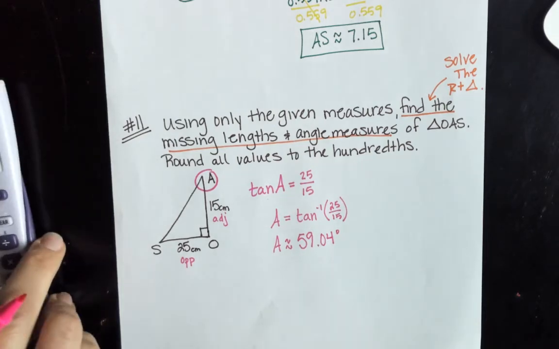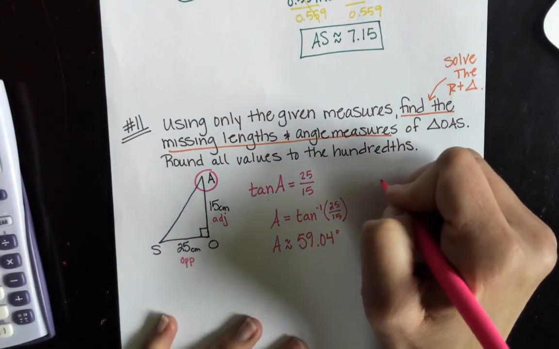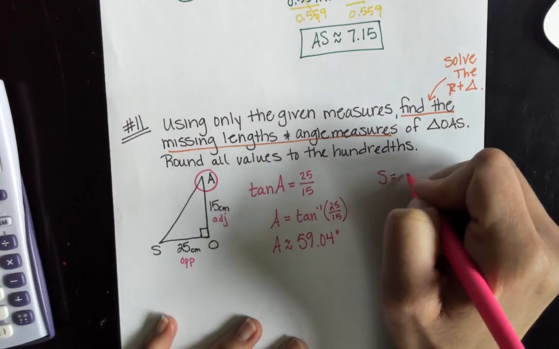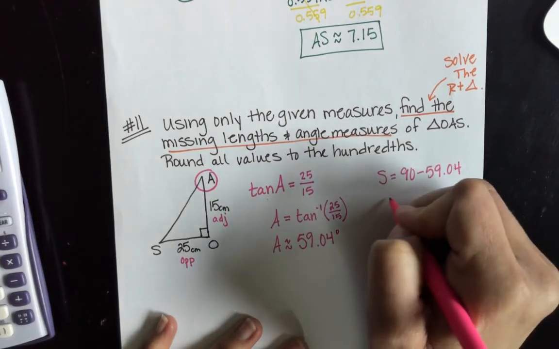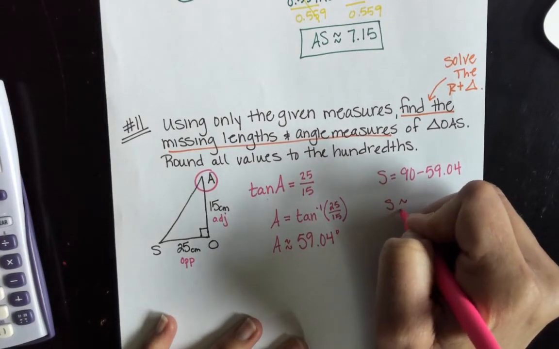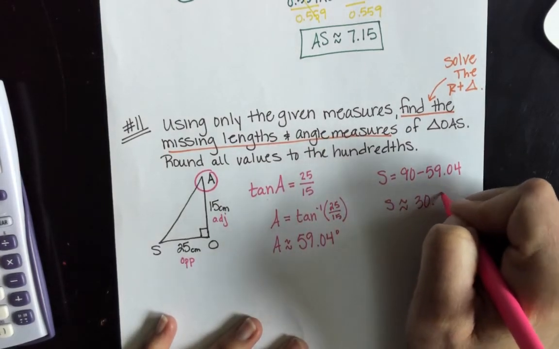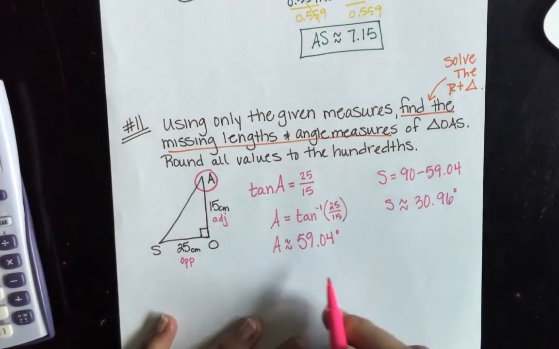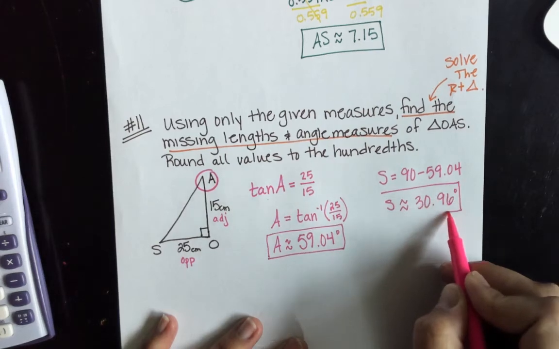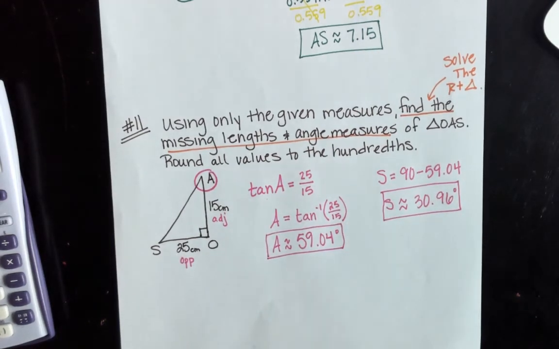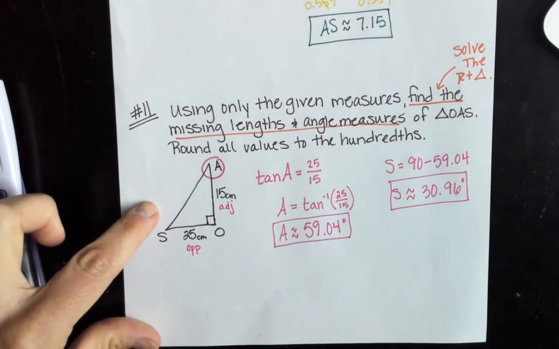And when I go to find angle S, that's going to be 90 minus 59.04. And so angle S is going to be about 30.96 degrees. So part of our answer is finished, but we still need to figure out that last part, and